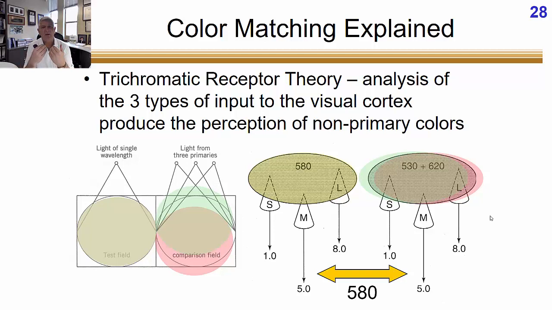So do you see how I'm saying that we're getting neural integration, right? The two wavelengths of light are being added together to create a pattern of output from the short, medium, and long wavelength. And we can't discriminate the difference. This is exactly the same neural output as a single wavelength of yellow light.